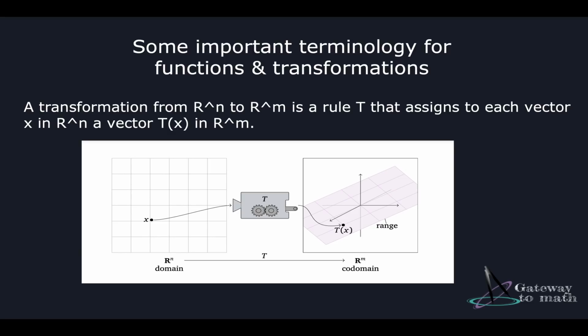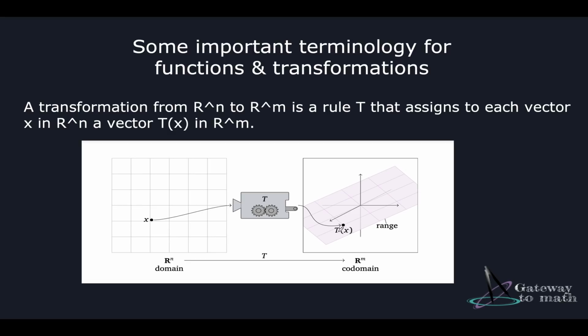So just to give a quick recap, I've put an image together here. Let's say we have a domain here, which is R raised to the power of n dimension, and I have some variable x here. A function can be visualized as a kind of machine. It takes the input and maps it, and then you have an output, which is T of x, in a new space, which is R to the power of m dimension space, called the codomain. These values T of x, which is the value of x when it is mapped to this codomain, become the range of this function.